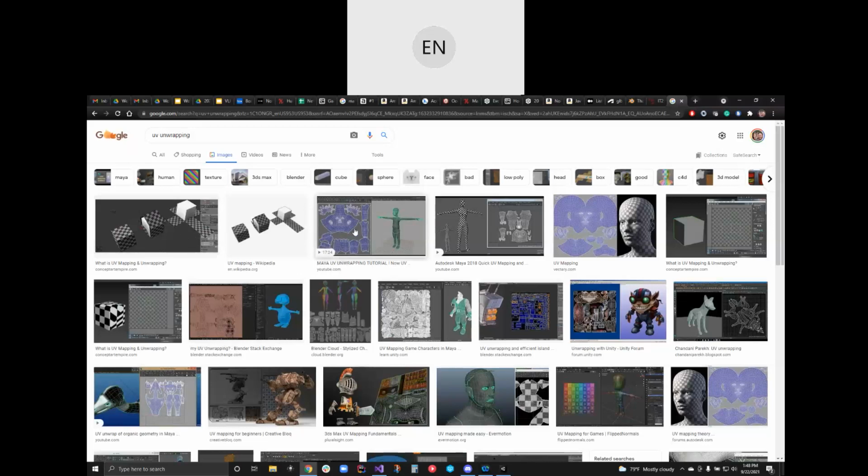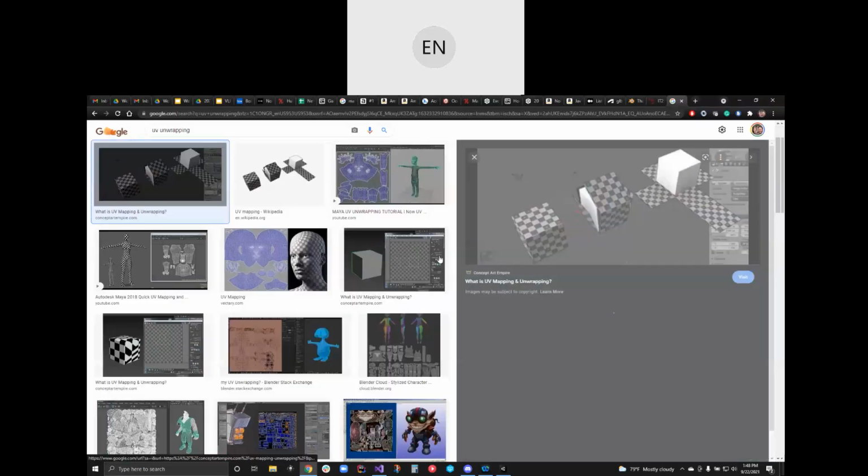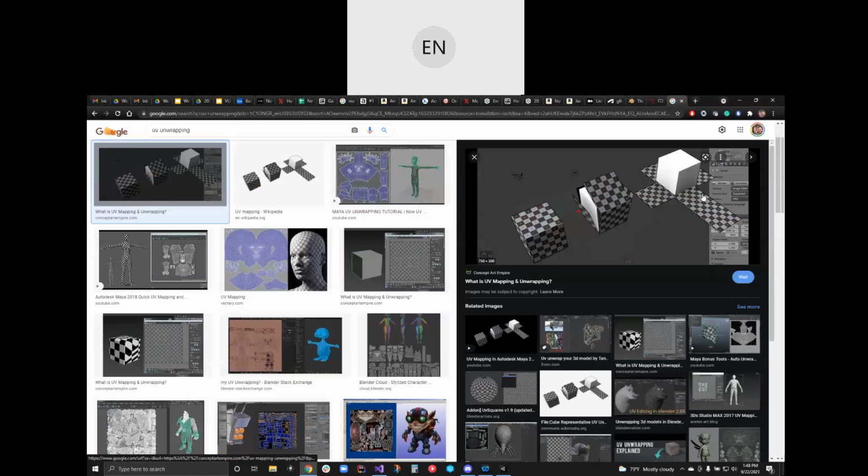Yeah, so you can almost tell with a human creature, it's like if you were to skin them and wrap their skin out. I know it's not the nicest way to think about it, but you have to take a 3D object and unmap it, cut it up, and lay it out so that it's flat and it can receive texture coordinates. A cube is a little bit more straightforward. You can see how this cube you can unwrap.